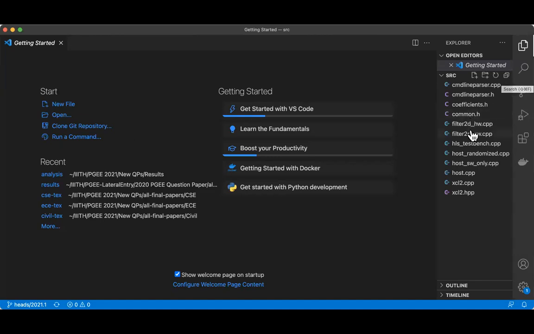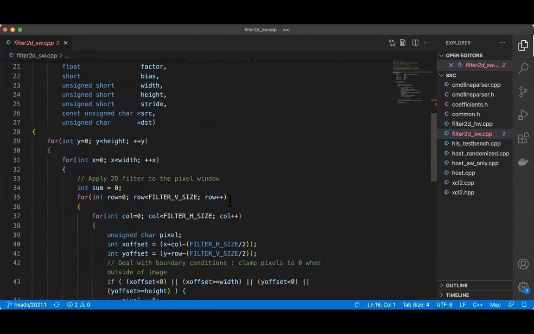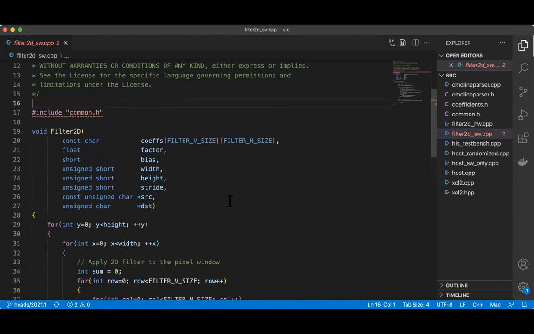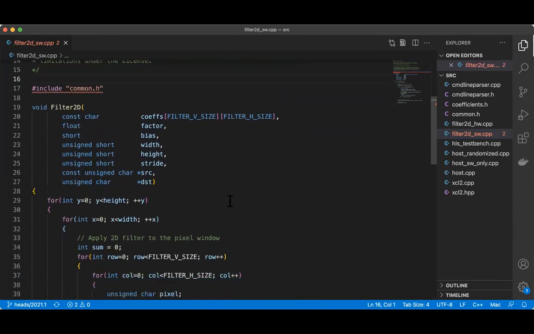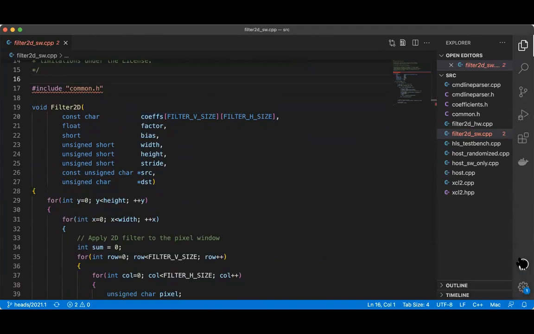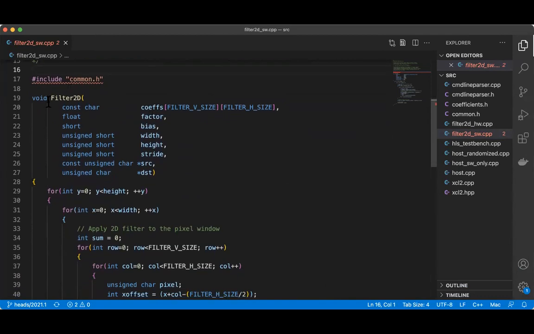Let's look at this filter2D_software program, and at the filter2D function. The parameters to this function on line 20 include the filter coefficients, filter_v_size and filter_h_size.